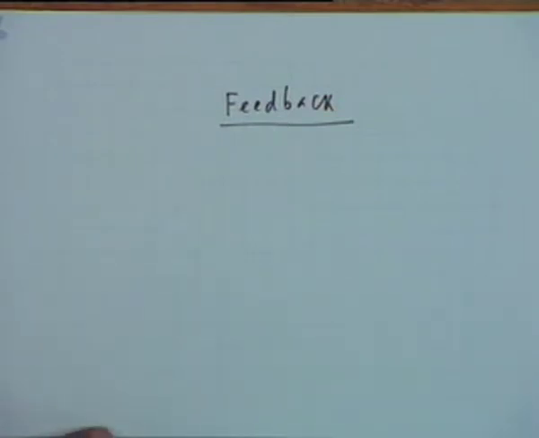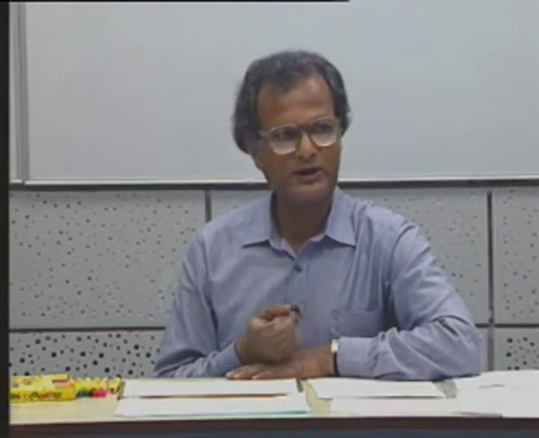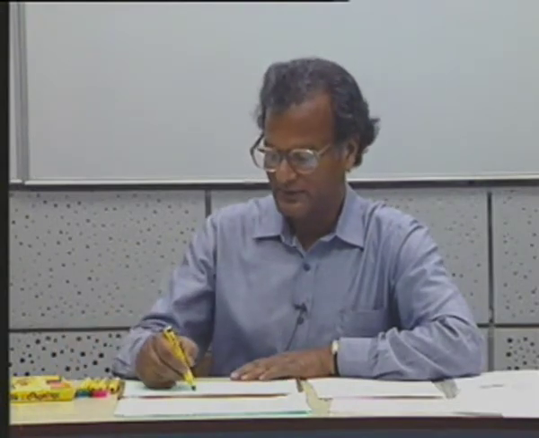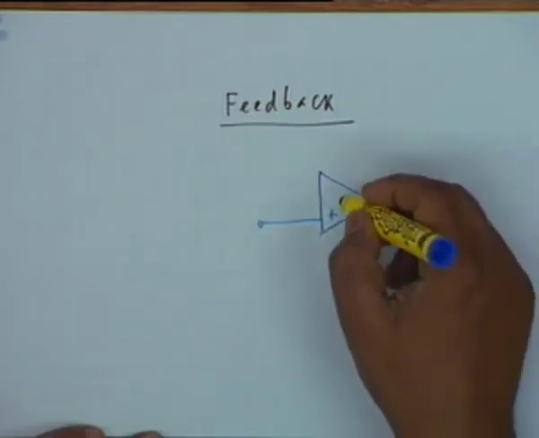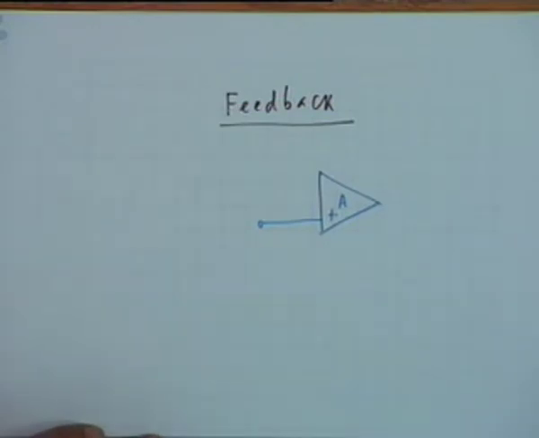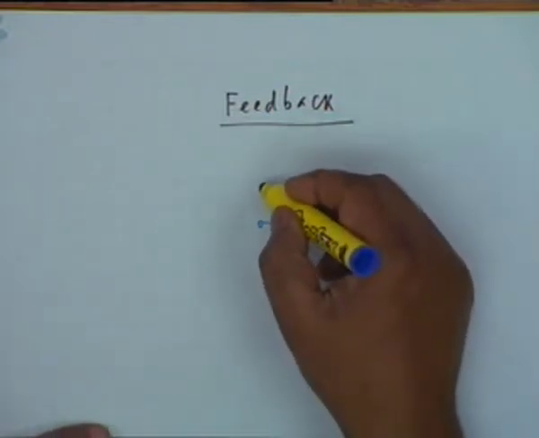Feedback in amplifiers. The definition of the term feedback is that it is a phenomenon in which the output influences the input. If a part of the output is utilized to influence the actual input to the amplifier, then we say feedback exists. For example, a common example is the op amp. As you know, in the op amp, the open loop gain is very large, tends to infinity, and if you wanted to make a non-inverting amplifier, then what you do is you